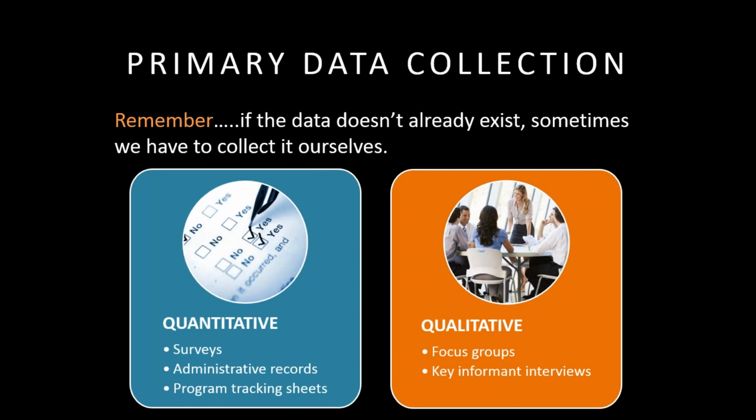You could get quantitative data from surveys, administrative records, program tracking sheets. It means there's a specific set of answer options. So for example, a quantitative approach to the same concept would be, which of the following barriers did your organization experience when implementing a CHW program? And then everybody gets the same 10 that they can check off,